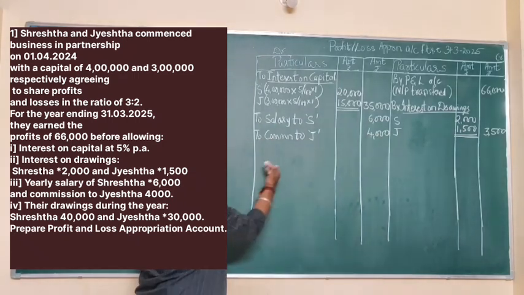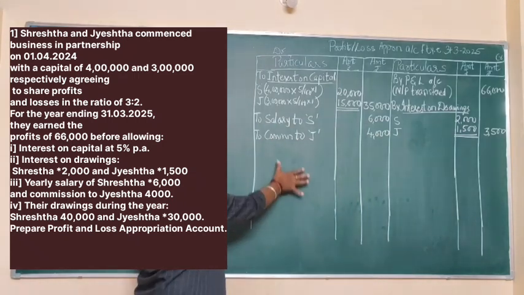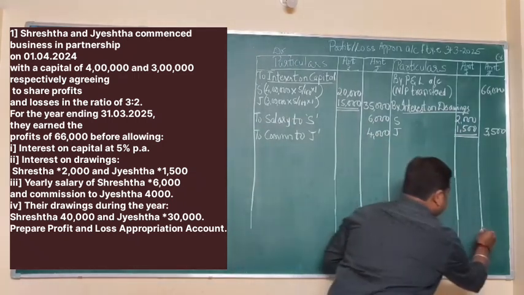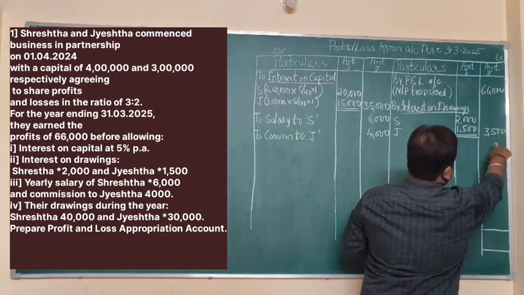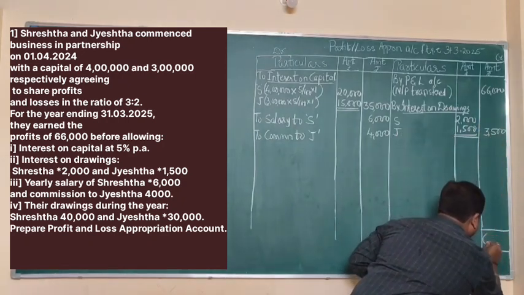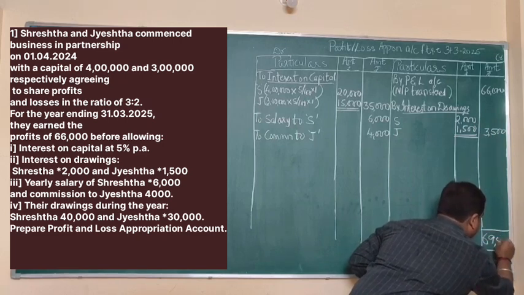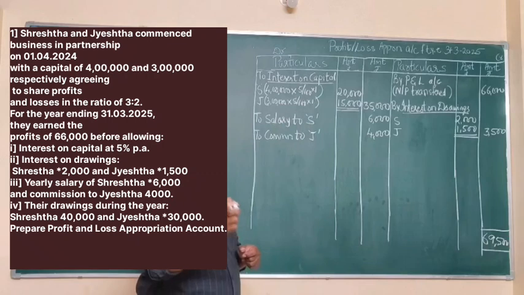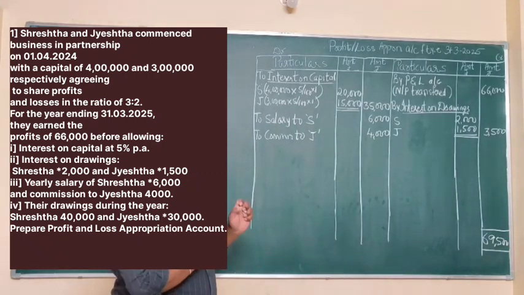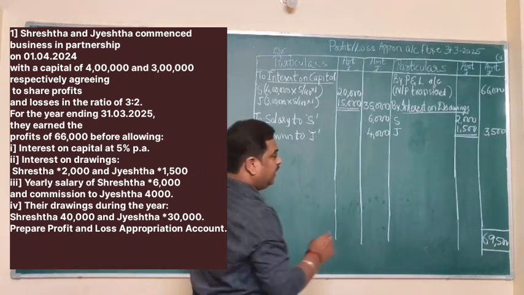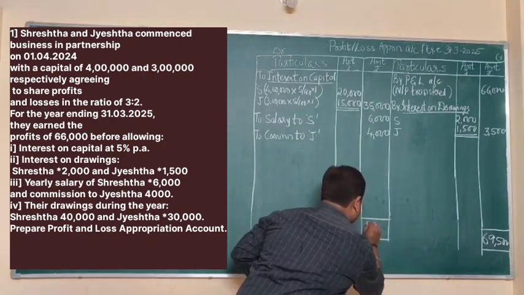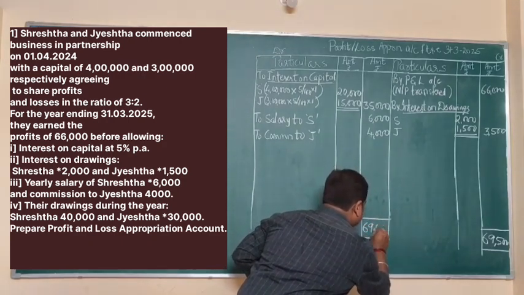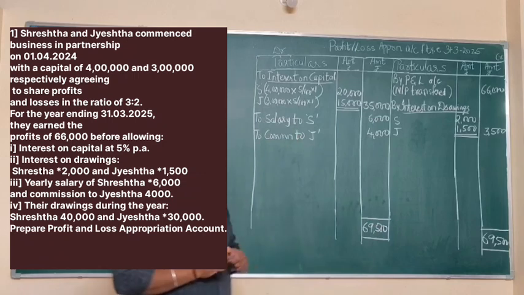So the answer will come on the debit side. Insert it on the 4th or 5th line. On the last line, draw the total line. 66,000 plus 3,500, it is 69,500. Take your calculators for calculating this. 69,500, the same total I will write on both sides. 69,500. Now from this,